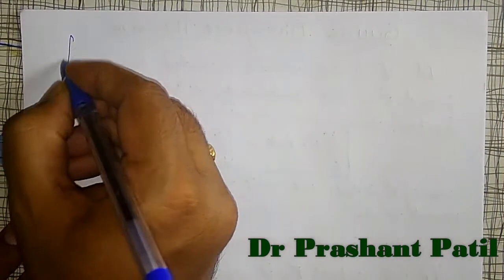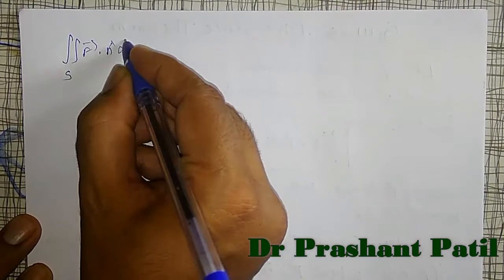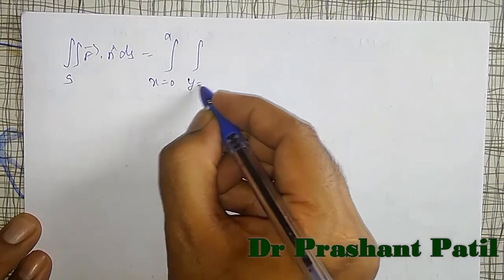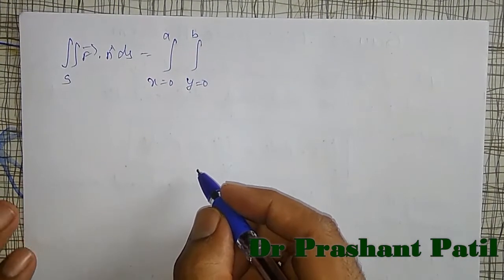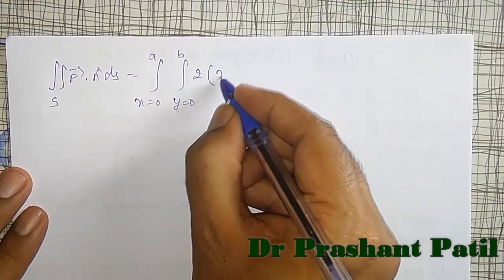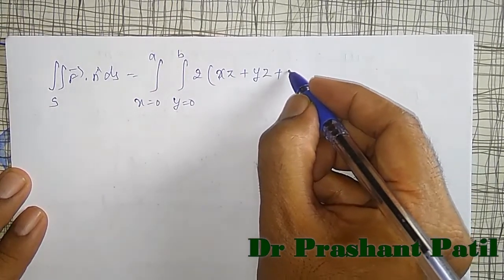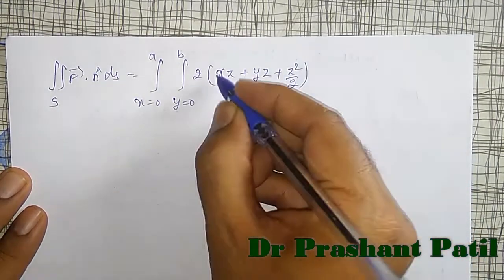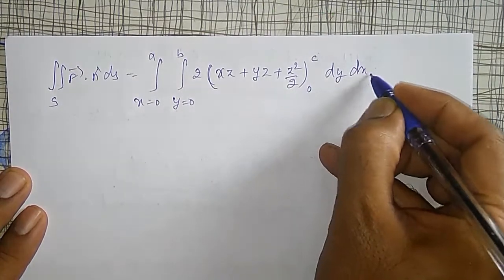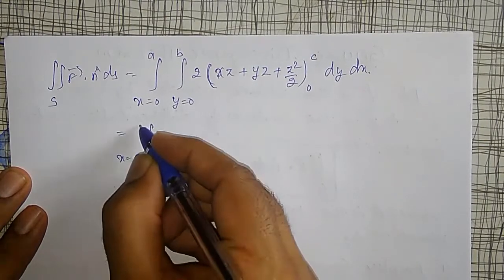Okay, therefore the double integration over S of F dot n cap dS is equal to the integration from x equal to 0 to a, integration from y equal to 0 to b. I am integrating with respect to z by taking 2 common outside. x integration will become xz, plus y integration will become yz, plus z integration will become z square divided by 2, between the limits 0 to c, dy dx will remain. Then substituting upper limit minus lower limit here,